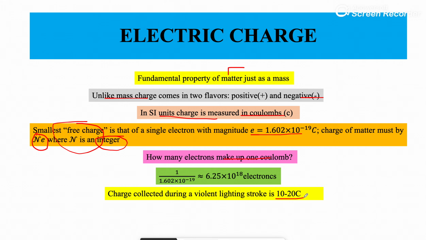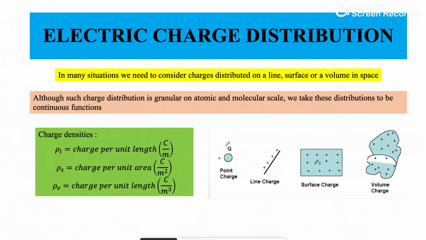Now in many situations we restrict ourselves to point charges. So remember what a point charge is. A point charge is one whose dimension is so small compared to the distances involved. If you take an example, consider the sun as a charged body and the earth as a charged body. Looking at the distance between the sun and earth, for the people on earth, the sun simply appears as a point charge. Such is a point charge.